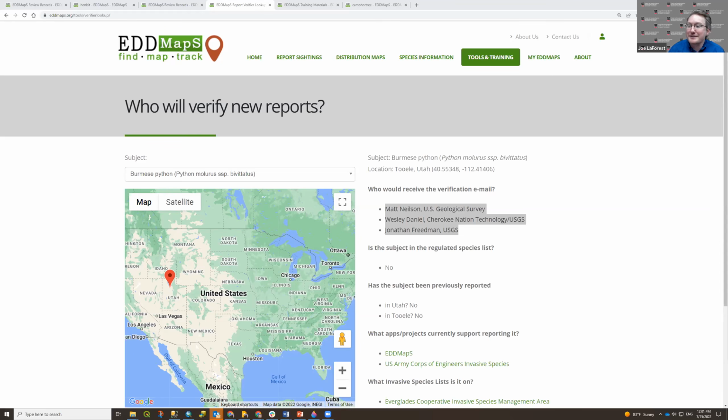Next month we'll be getting data out of EDDMapS and a little bit on using it. So you've seen all this data come in. You see the quality control that goes into making sure that what you pull out of EDDMapS is quality data. And so how do I take that and get what I need to put it into ArcGIS, QGIS, my own package? How do I get a map to show up on my own website? We'll go into some of those details next time around.